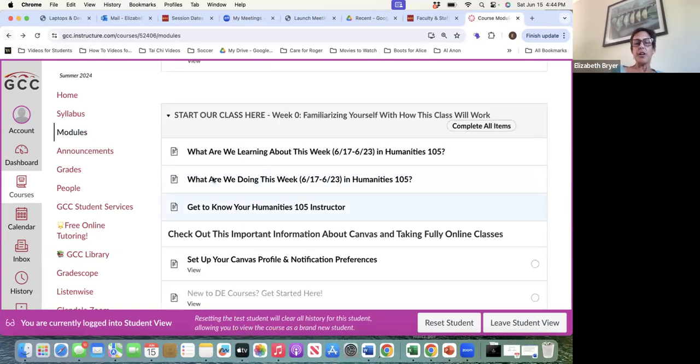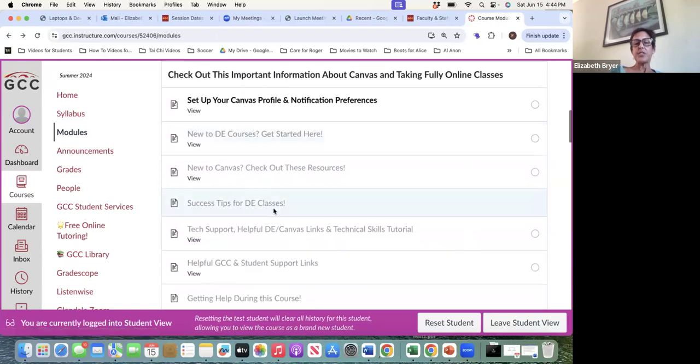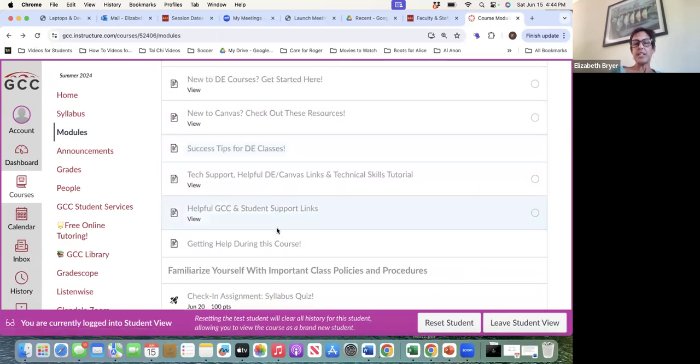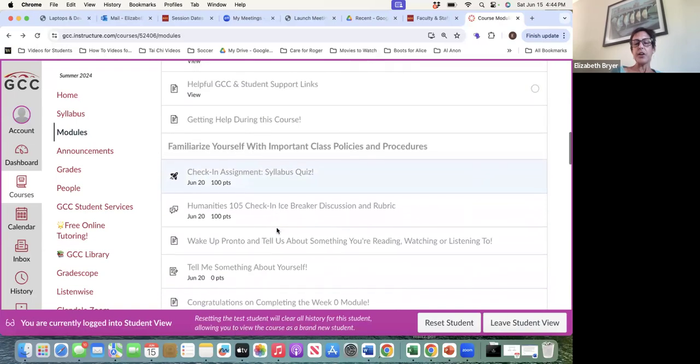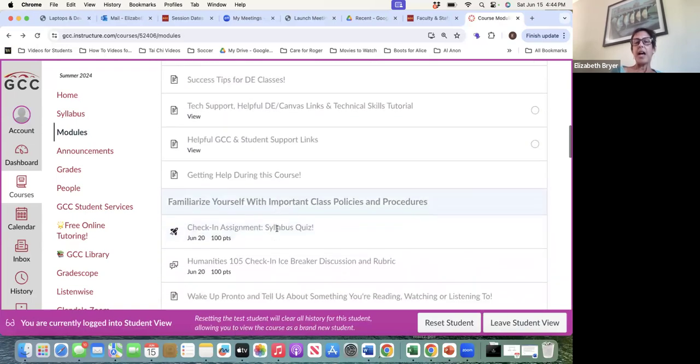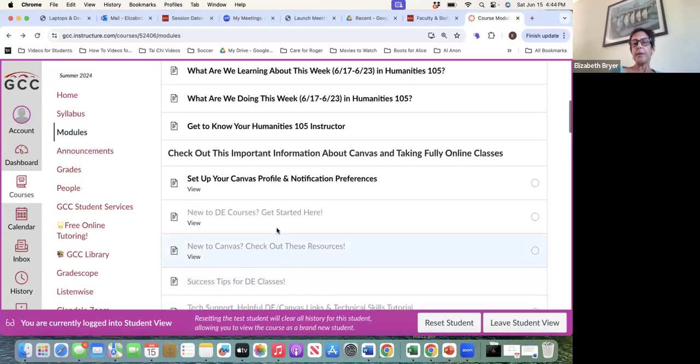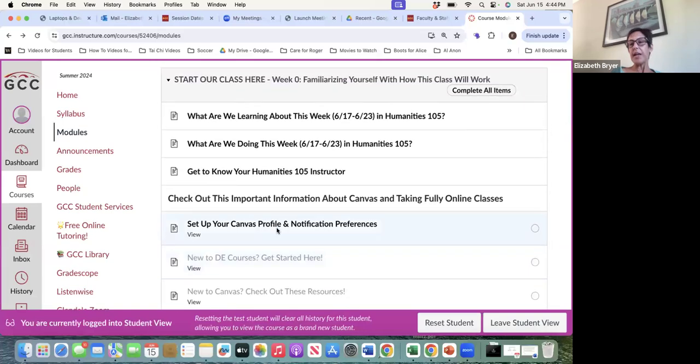I also want to draw your attention to something you'll see when you check in. You'll see that a bunch of pages are grayed out. That's because in order to unlock every page in the class, you need to, sorry,